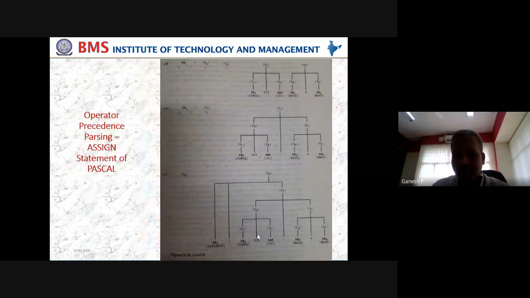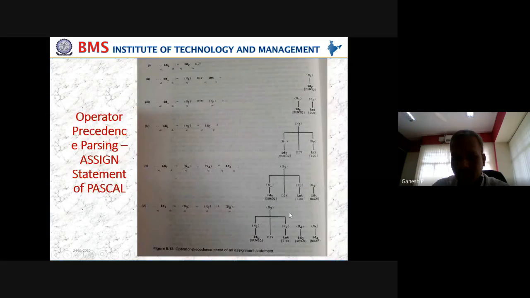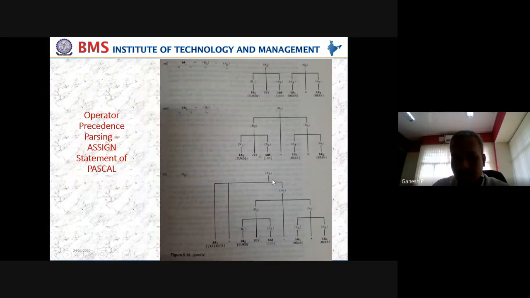If you come like this, at the end, we are going to close. So from the bottom values, we're trying to go to the top one, that is from leaf nodes to the main node or the root node. Thereby, we say that it is operator precedence parsing, which comes under the bottom-up approach. And that's what we have done in the previous example as well.